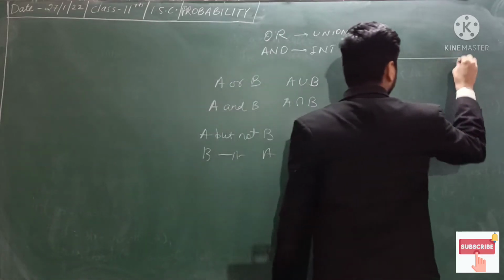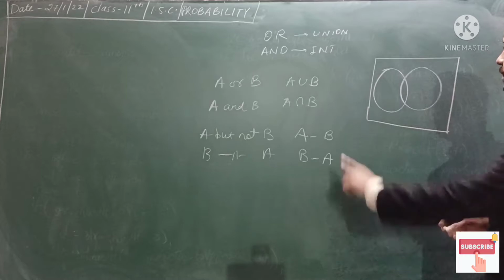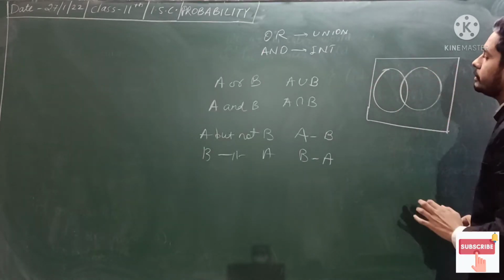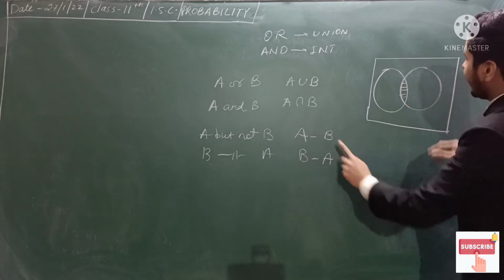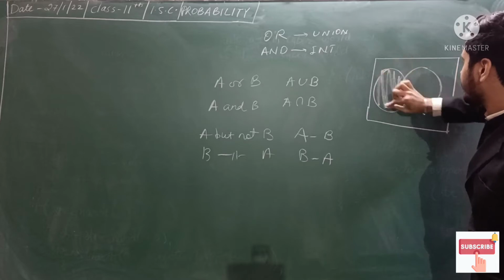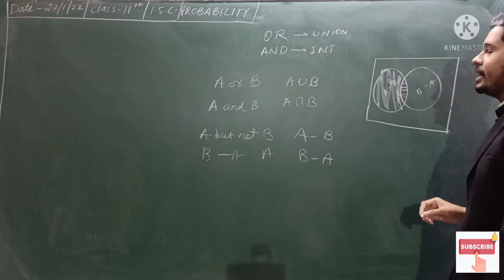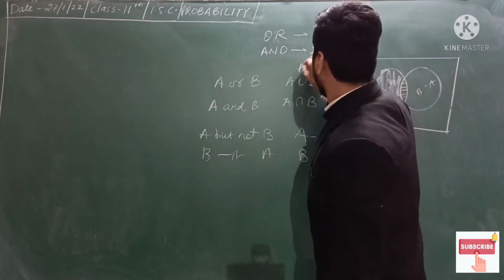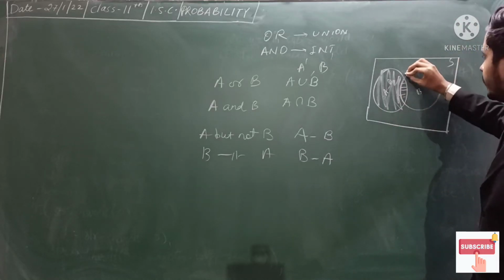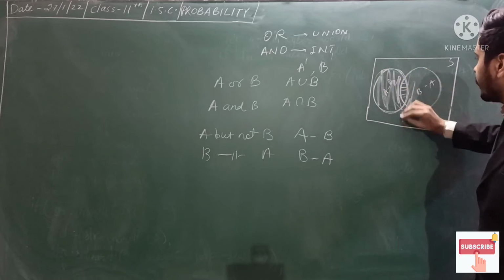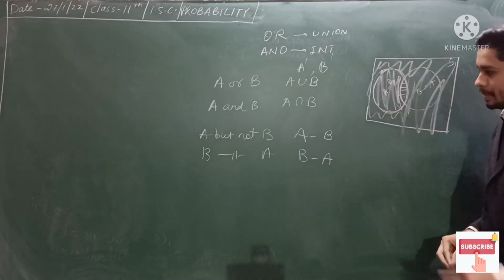From the Venn diagram we have seen how to denote these things. What is A union B? This whole part is A union B. A intersection B, this part is A intersection B. A minus B, this part is A minus B. And what is this? B minus A. And you know about A complement and B complement. If this is the whole S, and this whole is A, then whatever is left behind, this much part, is A complement, and similarly B complement.